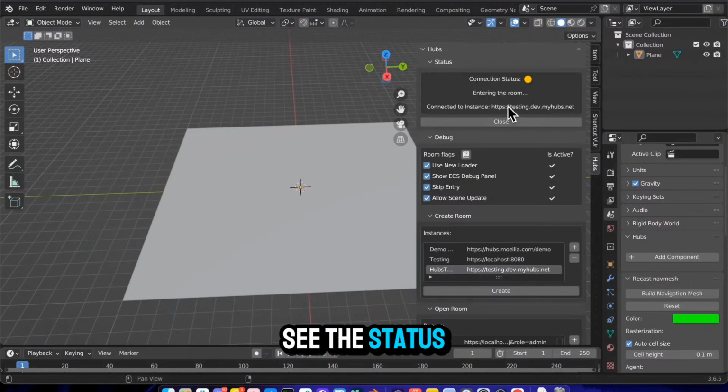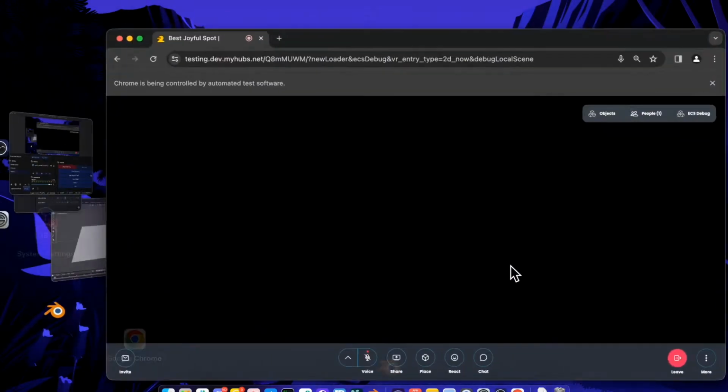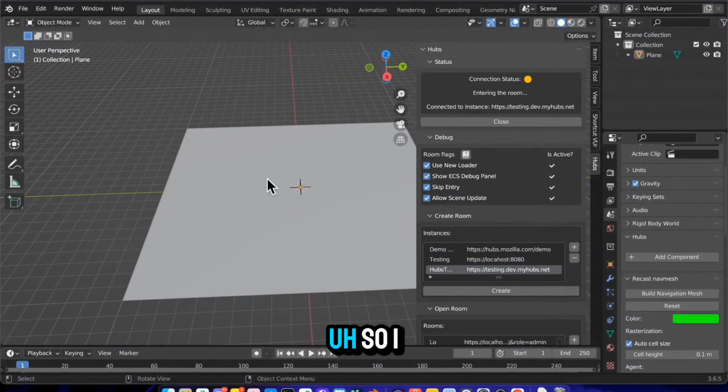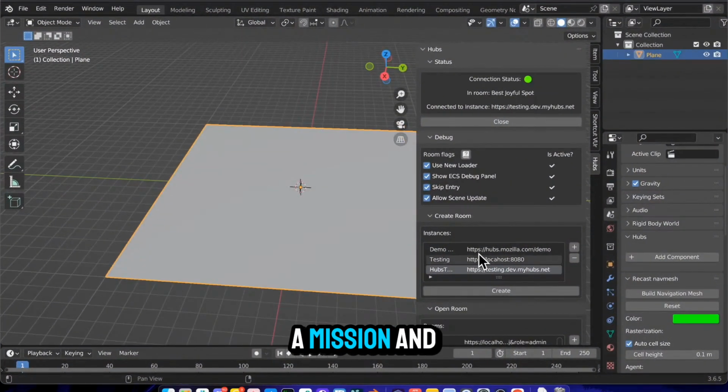You can see the status here, it's yellow, which means it's waiting, and the message is entering the room. Now it has finally entered the room, and you can see it's all black around. There's nothing here. So I have just added a mesh here, and